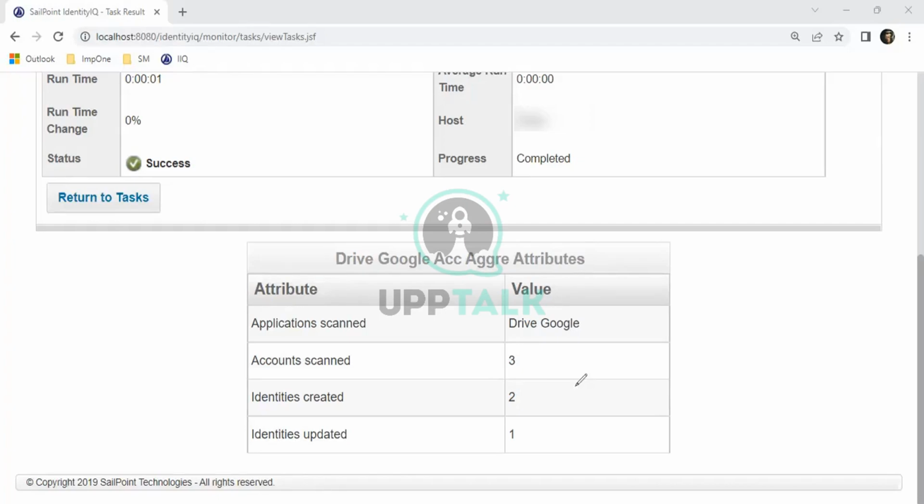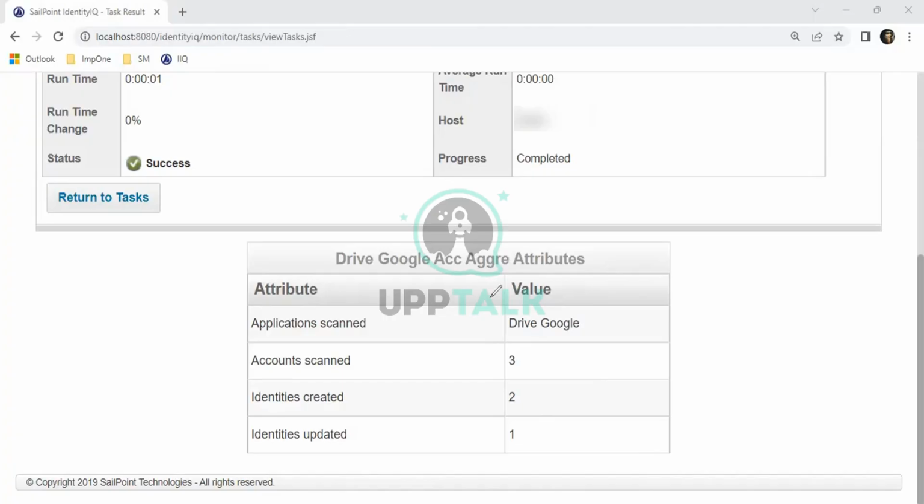If you are going to work on SailPoint, you should know onboarding, aggregation, out of the box. A number of things are there, but when it comes to the practical, it is going to be very simple. Aggregate is nothing, you can consider it import. You are going to import all the identities, all the data.